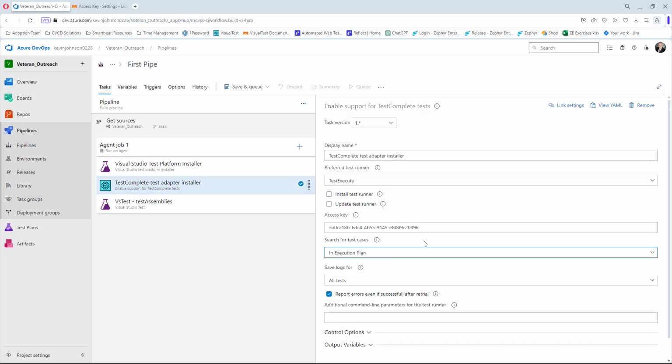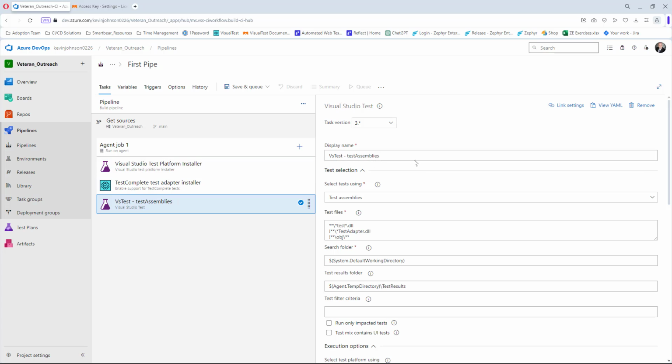In this case, I'm simply going to leave it in the execution plan. There are other parameters here, but I'm going to leave these to default to what they are. And now let's look at the VS test. This is where it gets a little gnarly. So in any event, the test files, I'm going to do asterisk, asterisk, backslash, and we need to get the